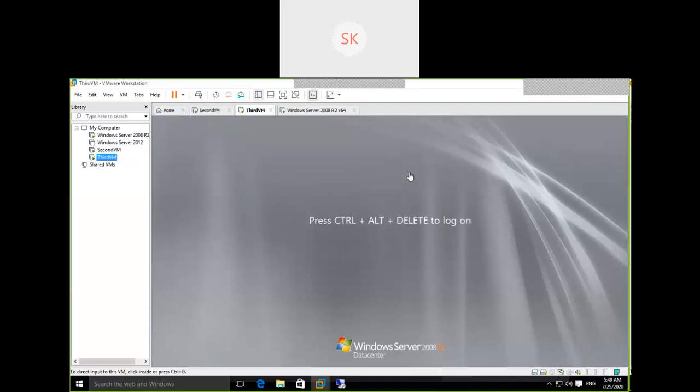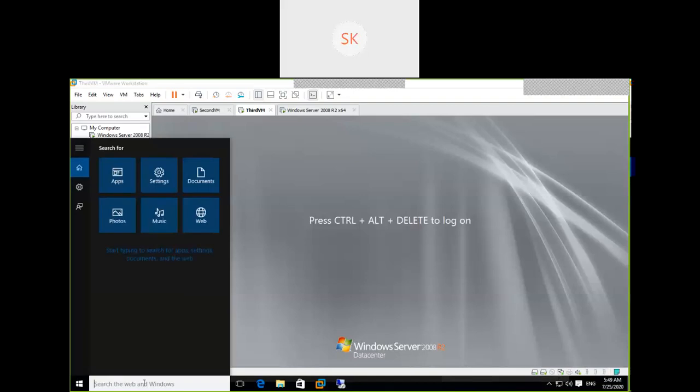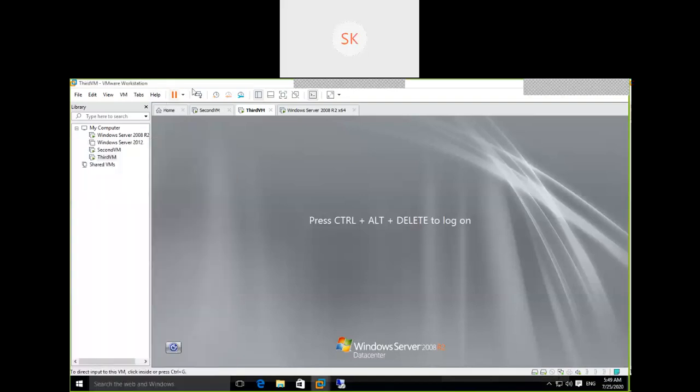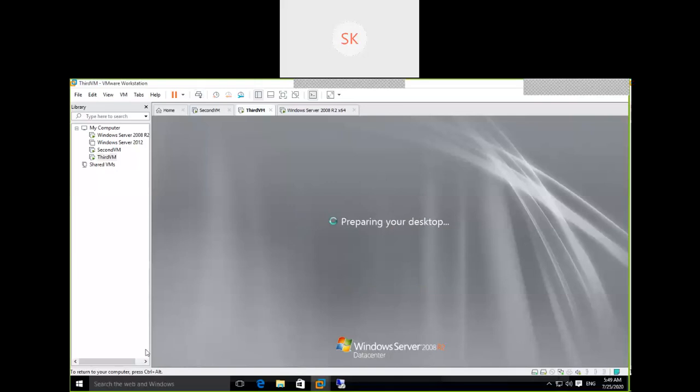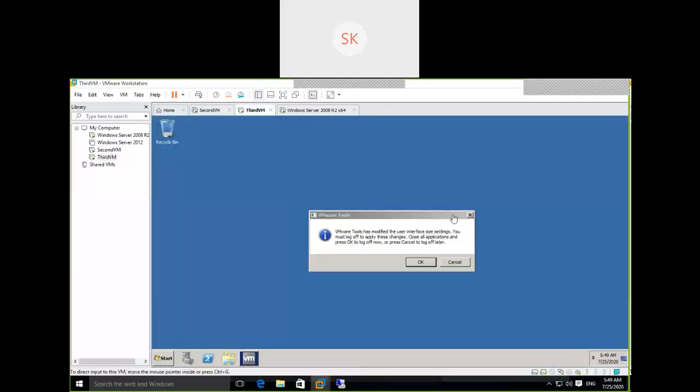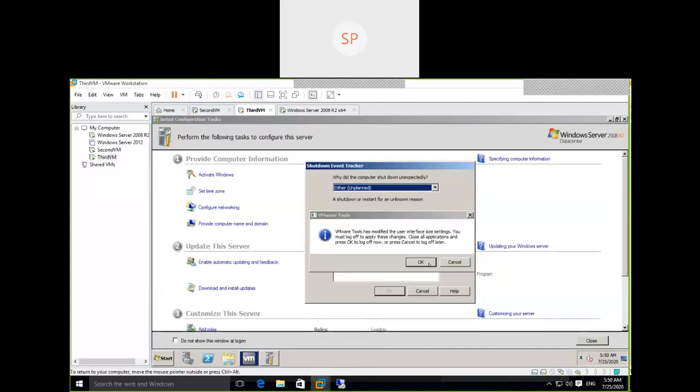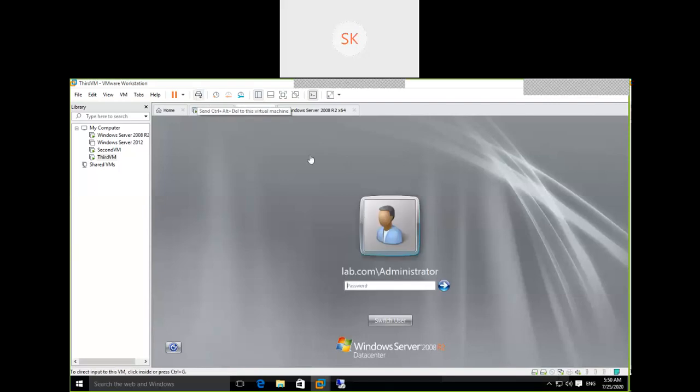After disk management comes Windows updates, how to do Windows updates. We already did Windows updates. Log into the system, go to the RDP session. Just do RDP here, just to log in. Control delete and log in. Click OK. Okay, log in.